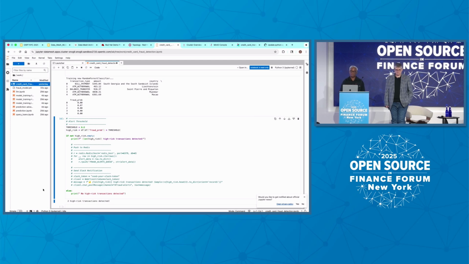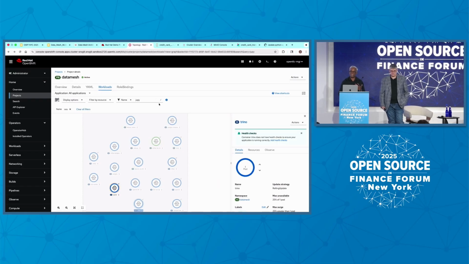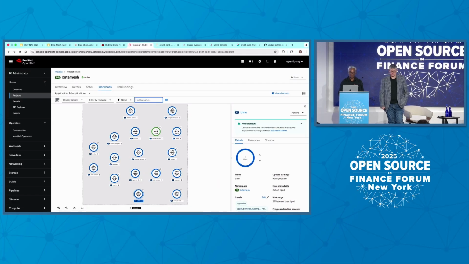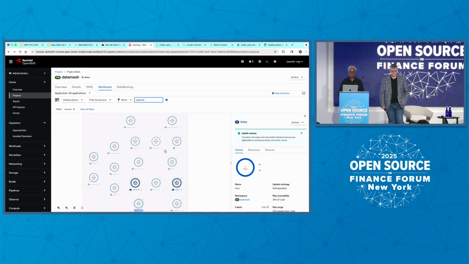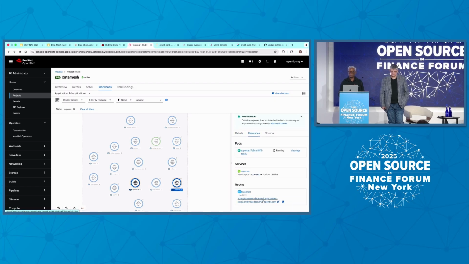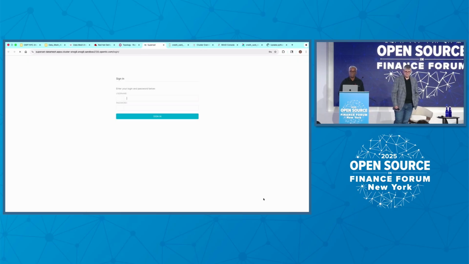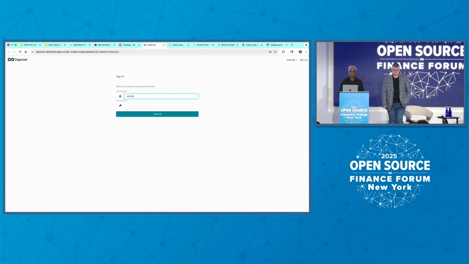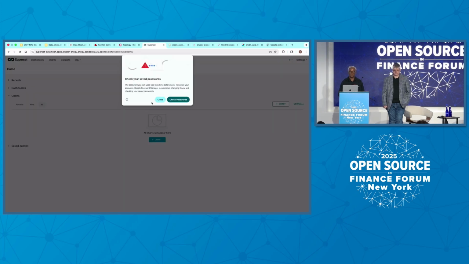Okay? And also, let me show you how you can access the data as a data analyst. I want to see the same data from analytical tools. So I deployed Superset, which is one of the dashboard tools.